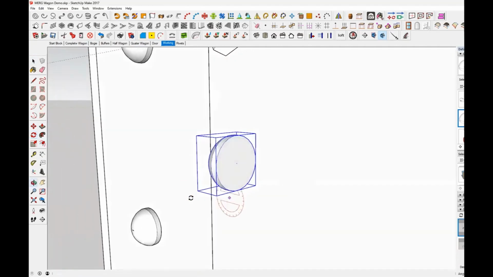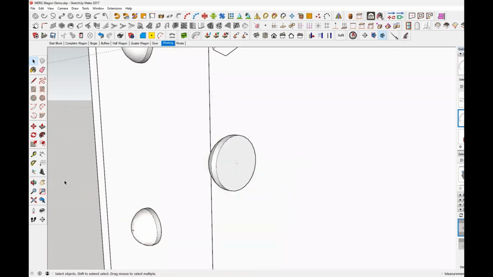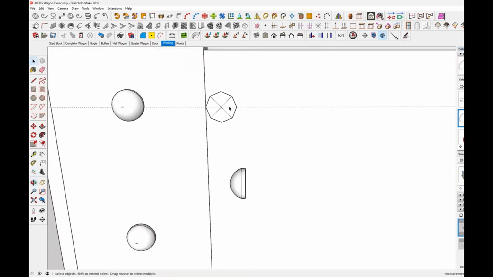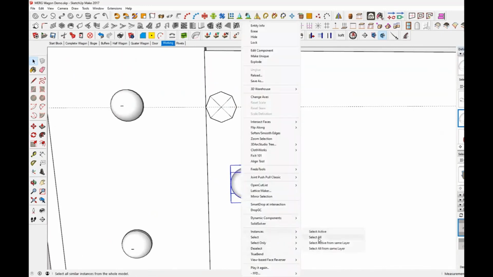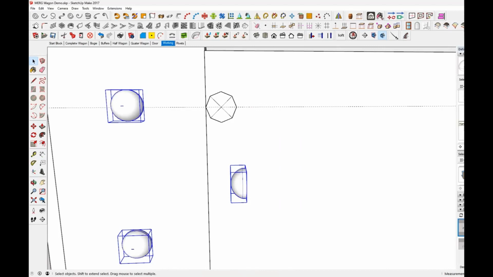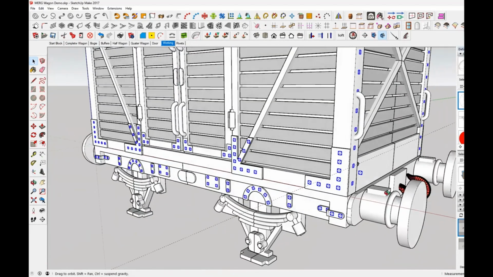up, we'll come to the back, we'll double click. The axis is in that corner. We don't want it there. We'll change the axis to the center, along the red, along green. And then when we click away, it will warn us and we go yes. So if we click on the rivet, select the instances, and then we'll right click on, it should be up there, and replace selected, and there we go. It's done it in the whole model. Yep,